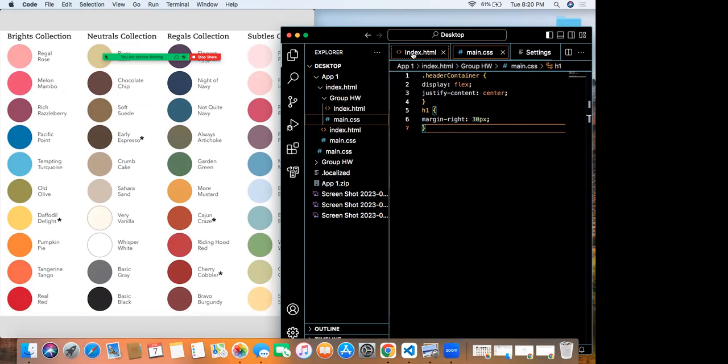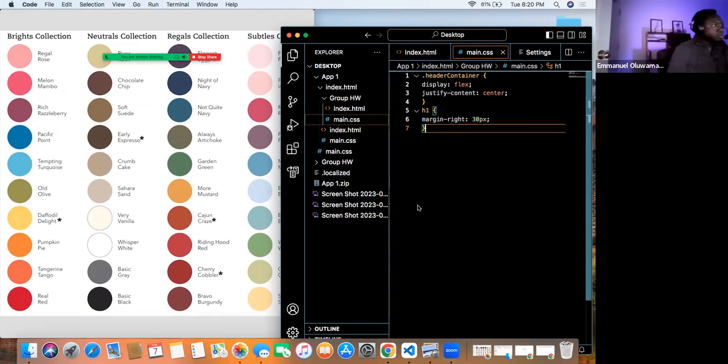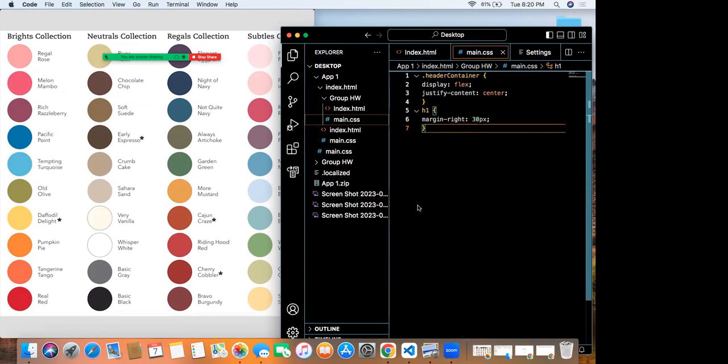The next section would be creating these circles, right? Yes. You said something about making a square into a circle. How do we do that?